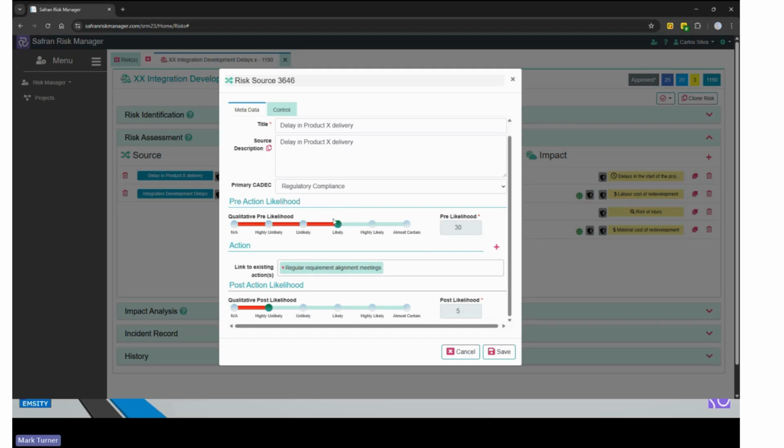What you'll notice is between the pre-action and the post-action actually exists the action that I'm going to take, because these things don't magically occur. You can't move from a pre-position to a post-position without being specific about the action you're going to take. And indeed, the tool does a data validation to ensure that an action has been identified so that you can move between a pre and a post position. So this is our likelihood.